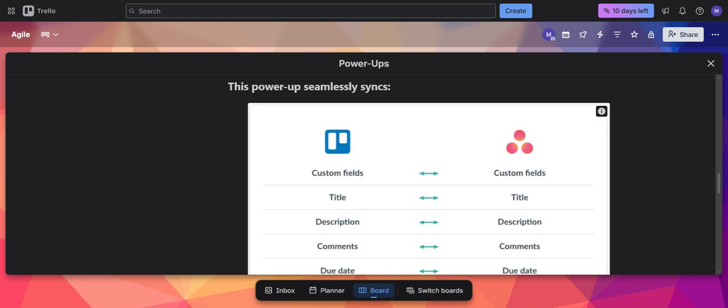And that's it. That's exactly how to integrate Asana with Trello using power-ups, whether you want one-way task creation or